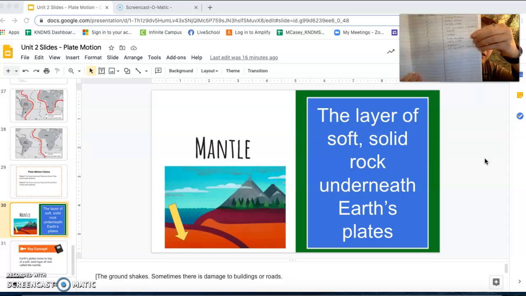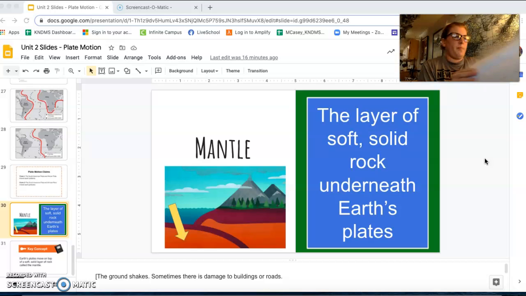And if yours doesn't and you're confused, feel free to text me and I can text you a picture of this so it looks a little bigger and easier. Page 9 will be the definition of the mantle. Go ahead and flip to page 9 in your notebook and create that page